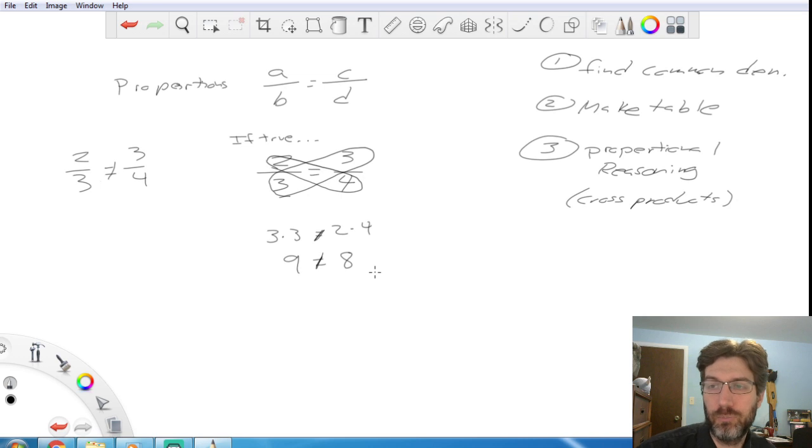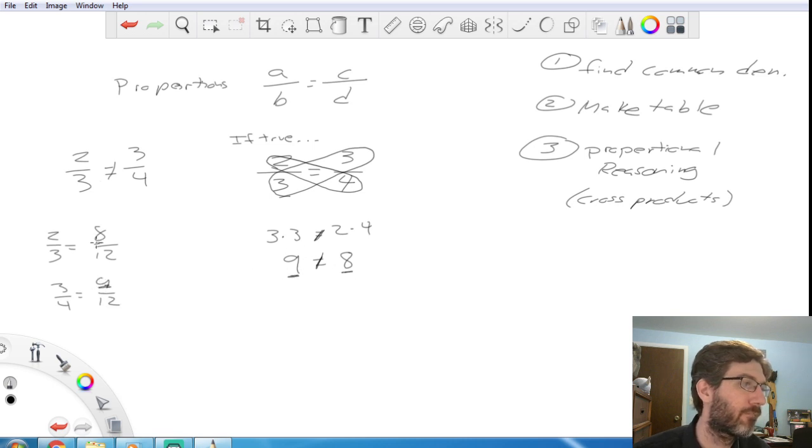Now those 9 and 8 you should be thinking look familiar because those were the fractions that we did with common denominators, right? 2/3 was equal to 8/12, while 3/4 was equal to 9/12. So these numbers here are coming from here. Now the trick to this is to remember which numerator goes with which problem. Like, how do I know 9 went with 3/4? I know that because 9 goes with the numerator. So here my numerator is 3 from that 3. Here my numerator is 2 from that 2. So here 3 times 3 is 9, so I know this fraction is getting a 9 by it. And here 2 times 4 is 8, my numerator is 2, so I know the 8 is going with this fraction here. And therefore I know that 9 is greater than 8, and therefore